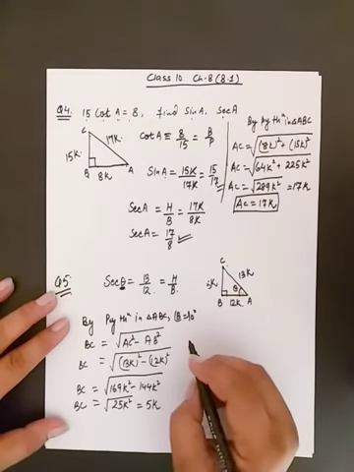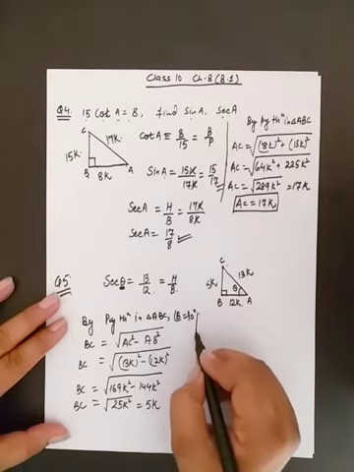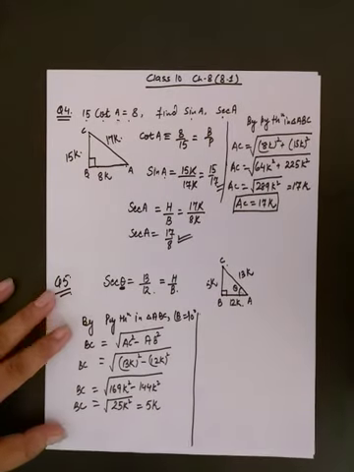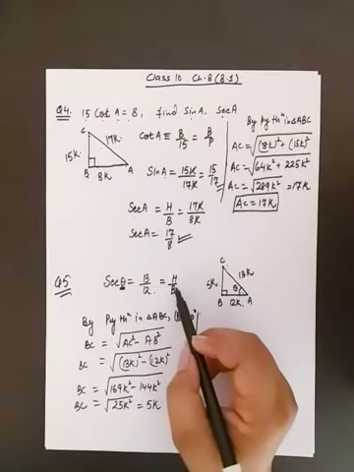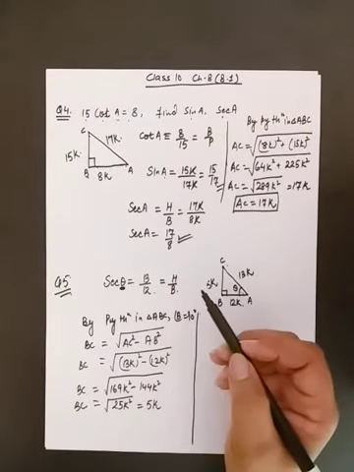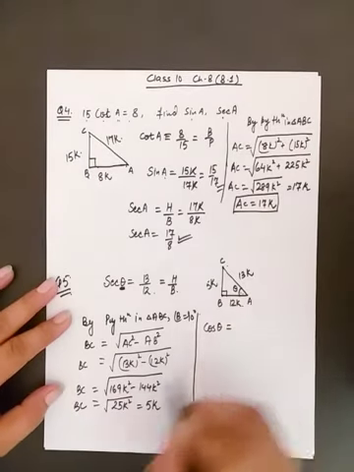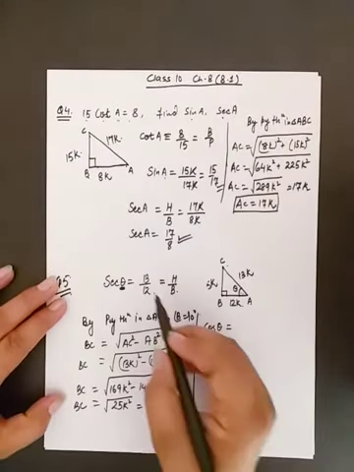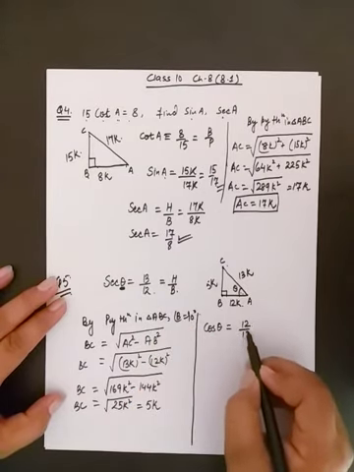Now I have to find all trigonometric ratios. All means there are 6 trigonometric ratios. So one trigonometric ratio, that is secant theta, is given to us. We have to find the remaining 5. So first of all I am going to calculate cos theta, and we know cos theta is the reciprocal of secant theta. So it will be 12 by 13.